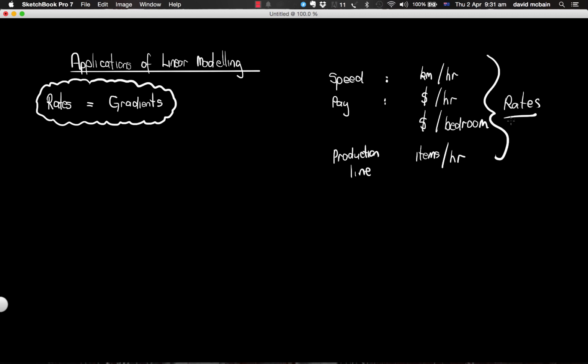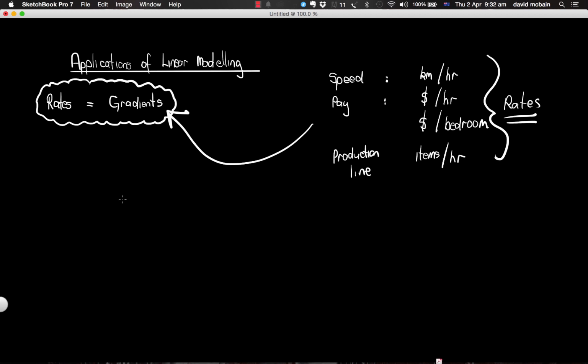So when you see any sort of information in a problem where it's so many items or so many things per something else, that's called a rate. So if you can write the information in terms of something per something, we call that a rate. And what's really critical for your understanding of linear equations is to recognize that the rate is always the gradient in a linear equation. So what I mean by that is if you were doing a job, for example, and